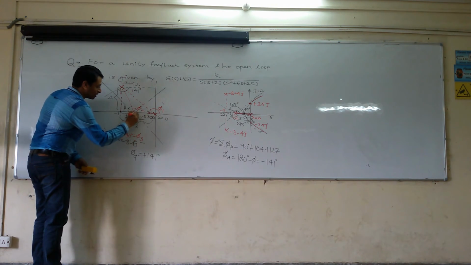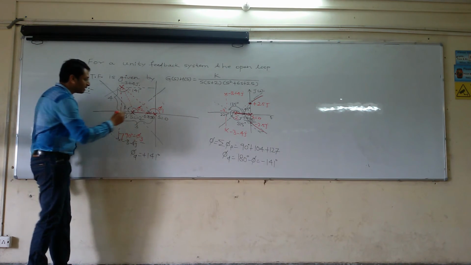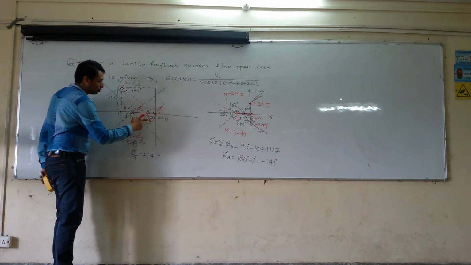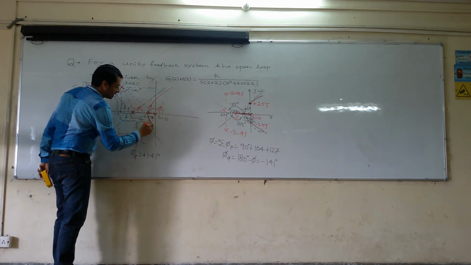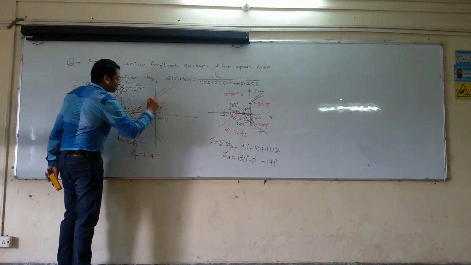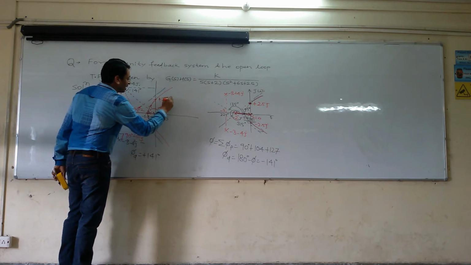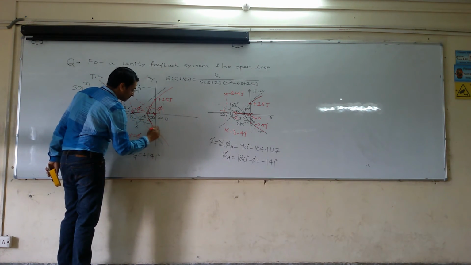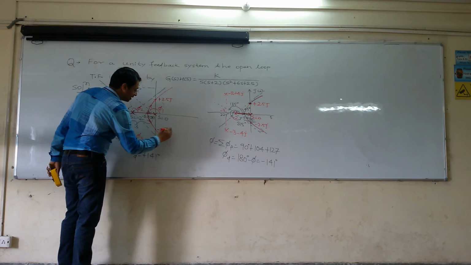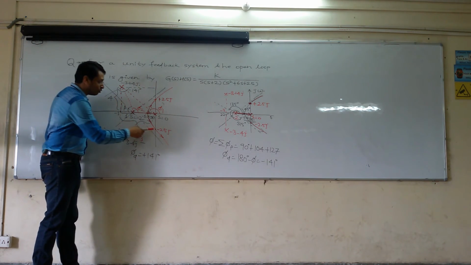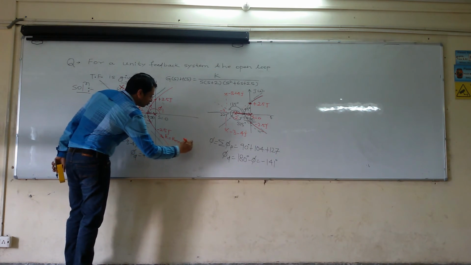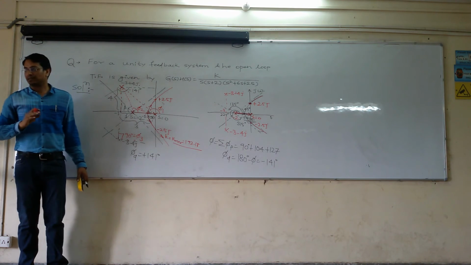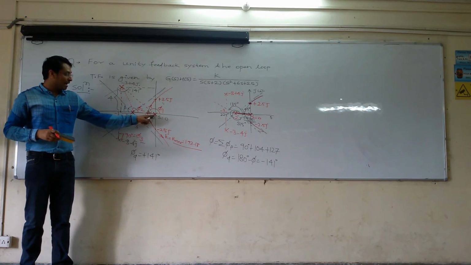Once again, it will also start from this pole and move towards this. Here it is going to split. You have to note the direction of the arrow. Once again, here it is going to split. It is going to cross like this. This is your plus 2.5j. This is your minus 2.5j. And if somebody asks what is the value of k here, that is k marginal, equal to 192.18. Correct.